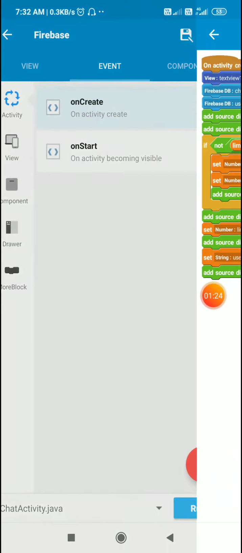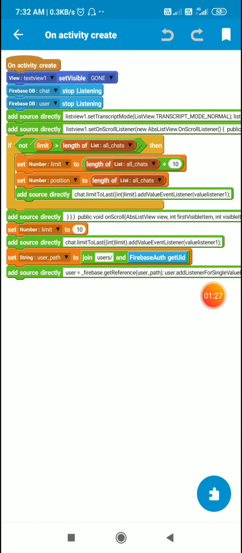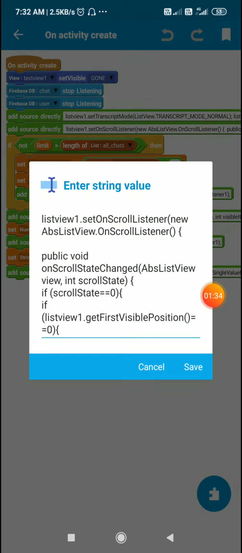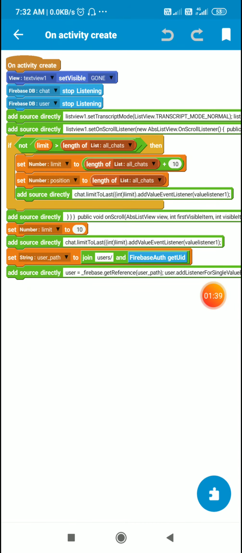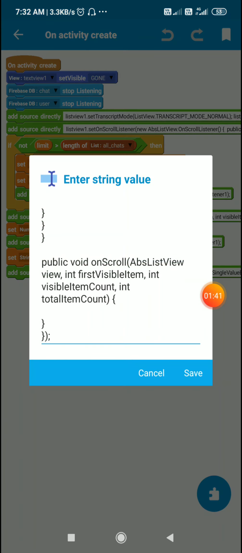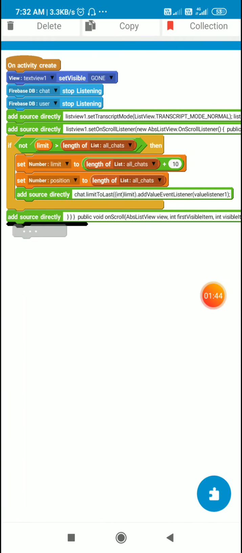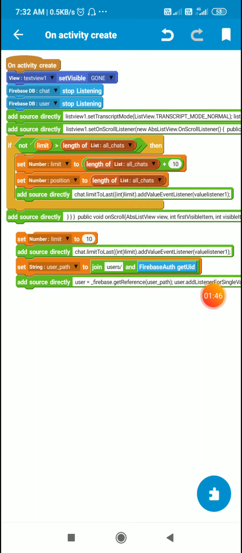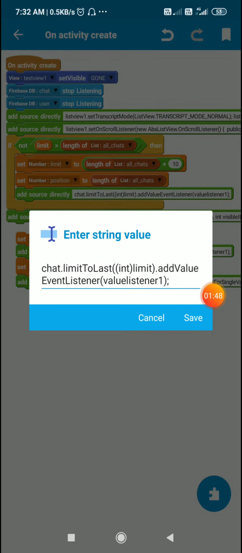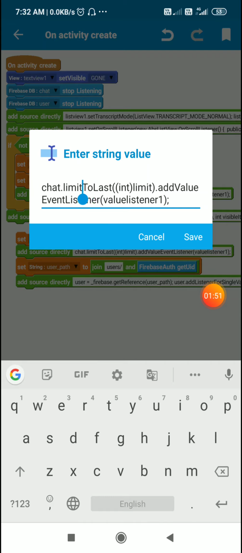So initially in on create I make both this chat stop listening and user stop listening. Now after this I have this on scroll listener for list view 1. After the on scroll listener ends, I have this code: limit, set number limit is equal to 10, and then for chat I use this query limit to last int limit dot add value event listener value listener 1,